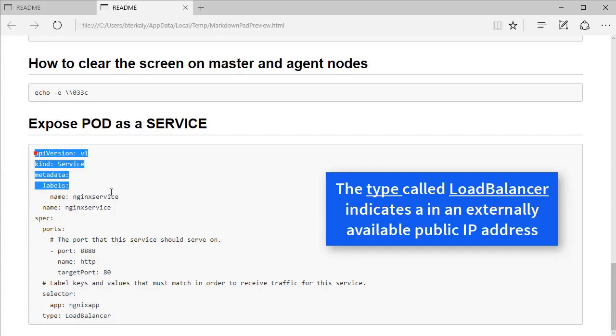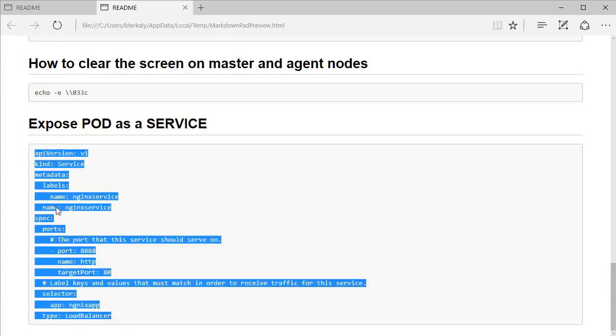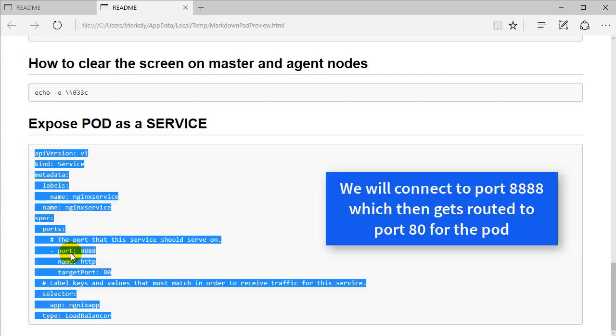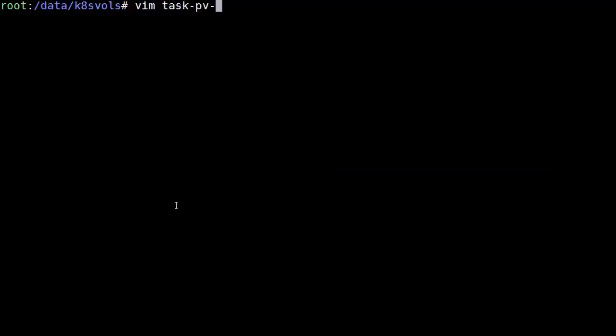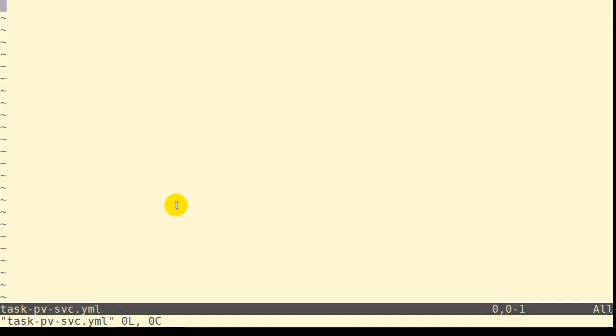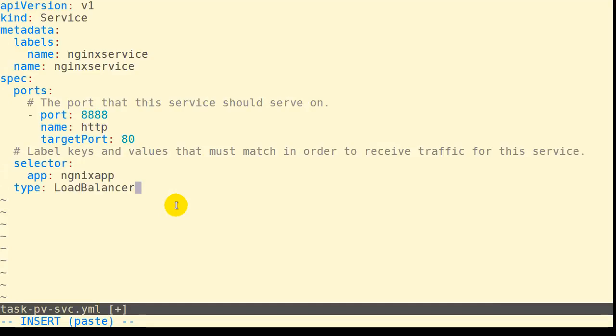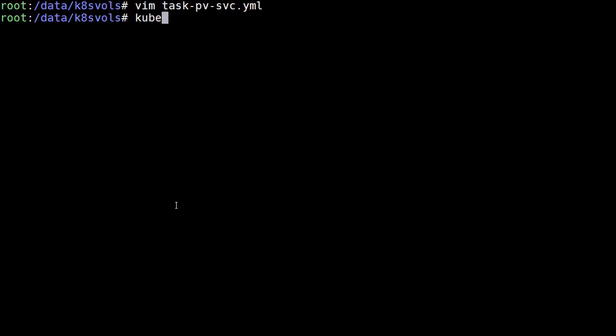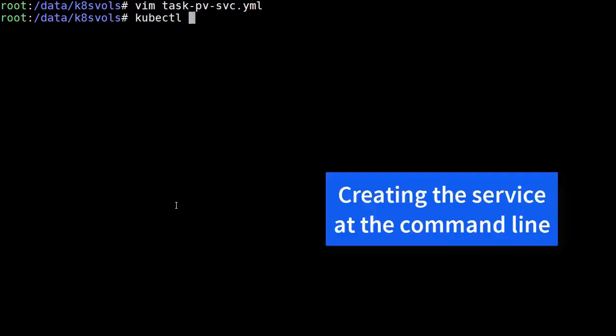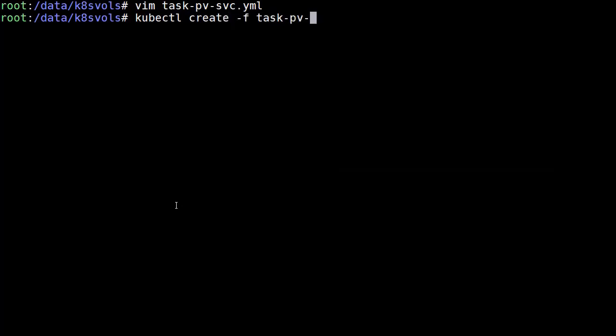That means a public IP address will be generated. So let's grab this code here and create that YAML file for the service. I'm just going to copy this and go back to the command window and create that file. Let's paste the code that we had a moment ago. Pretty straightforward here. We've already reviewed what all these things mean. So let's now run this: kubectl create -f, and then the name of the service YAML file,